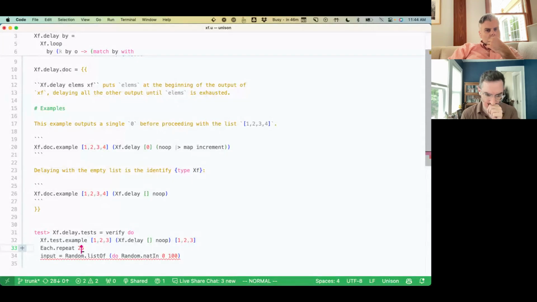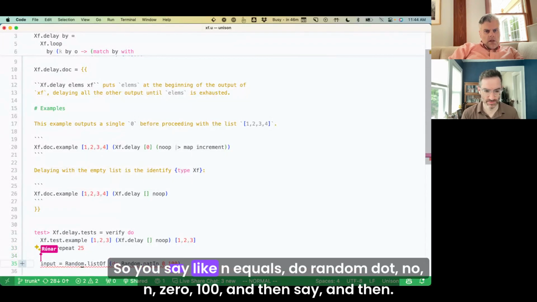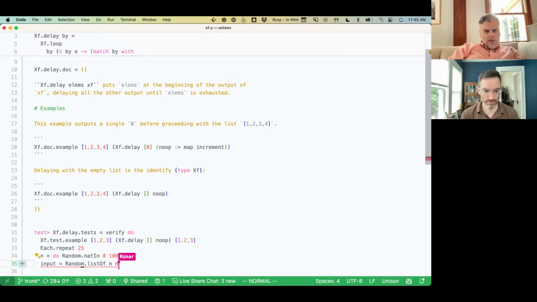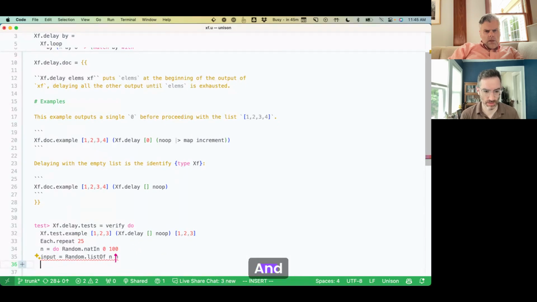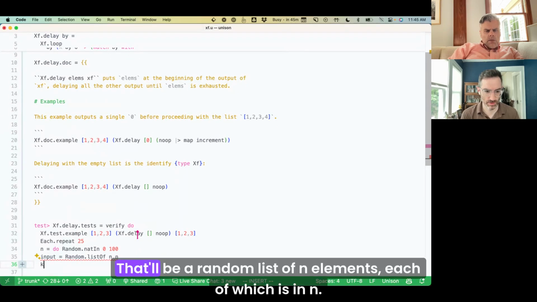Go ahead. So you say n equals random.nat 0, 100. Got it. Okay. So that'll be a random list of n elements, each of which is in n.